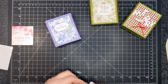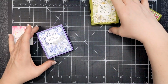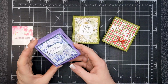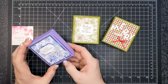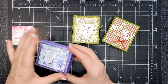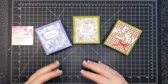Okay, there we are. And I suppose we could do, it's pretty blingy as it is, so I think I don't know if it would fit a gift card, but I'm pretty sure it would. And this would probably be a lovely gift card holder if you wanted to present a better gift card for that. Anyway, that's it. That's it for my Christmas